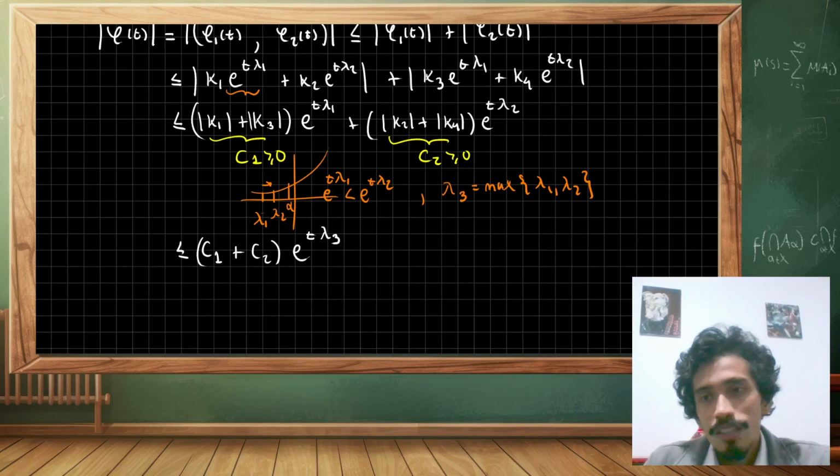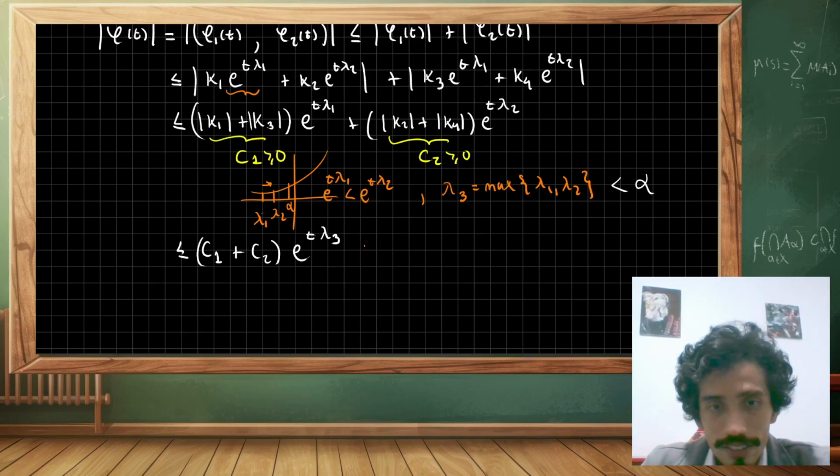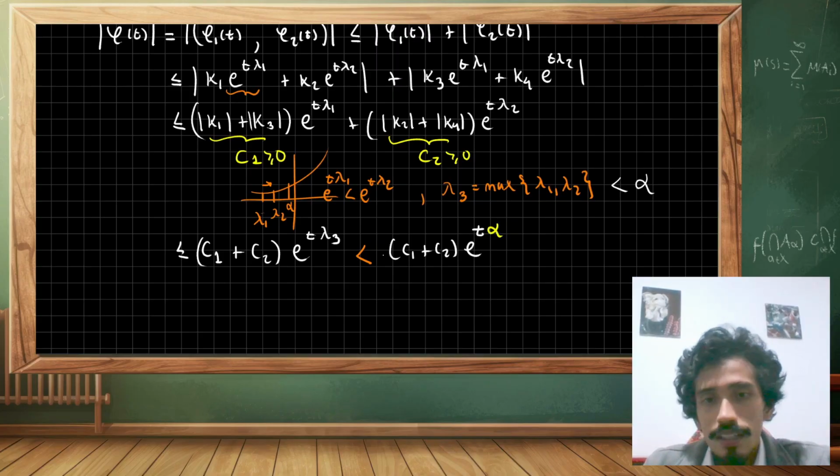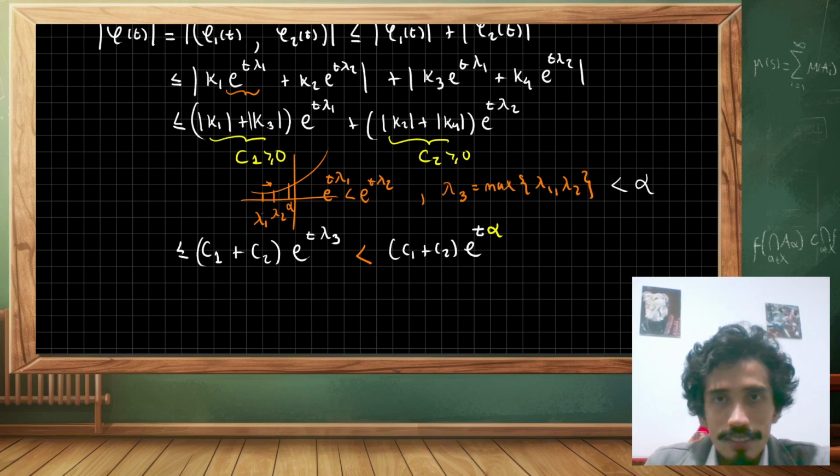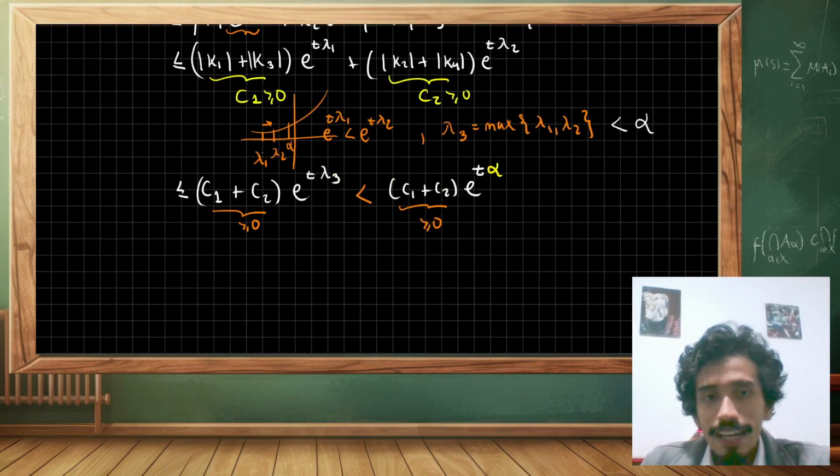So now, since this gamma 3 is the maximum of these two, and these two in turn are strictly less than alpha, then it follows that this one is strictly less than, and let me put it in yellow like this. We can do this only because this term is either 0 or positive. It's the only reason why we can write this. And now we somehow need to find some t sub 0 such that for every t that is greater than this, we will have that